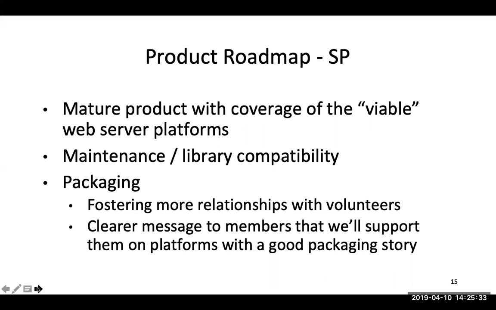We have to keep an eye on what OpenSSL is doing. We have to keep an eye on the viability of some of our other dependencies, not all of which are in great shape, and focus on limiting our security exposure as much as possible where we can. We did a fair amount of that work with SPv3 to try and control some of the attack surface a bit better than we've done in the past. And that's already borne some fruit, although we've had our own share of issues, even in light of some of those changes.